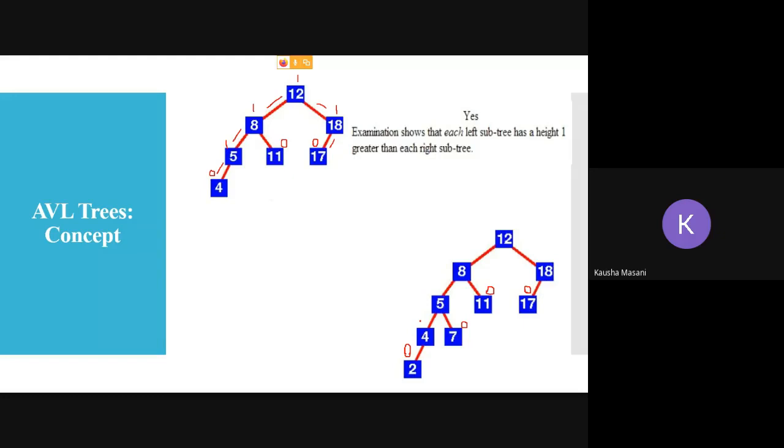Yes, but we do have to calculate the balance factor for others. I'm quite glad, Tushar, that you are getting the concept. But for others, let's go and calculate. At 4, what is the balance factor? 1. Correct. Balance factor at 5? 1. Absolutely right. Balance factor at 8? 1. Is it 1? Check it again.